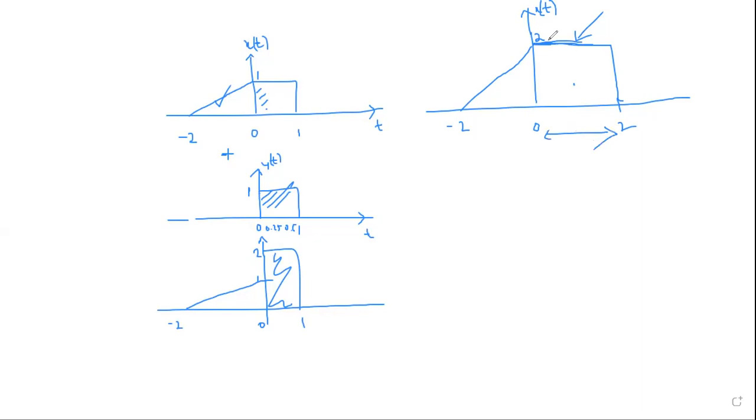What is the differentiation of a constant? 0. Differentiation of a constant is 0. Why do we say that? Is it going to differentiate between 0 and 0.5, 0.5 to 1, 1 to 1.5, 1.5 to 2, 2 to 2.5? Is it changing the amplitude x of t? No, sir. It's a constant, so it's not changing with respect to time. So on the right side, the differentiation yields only 0.